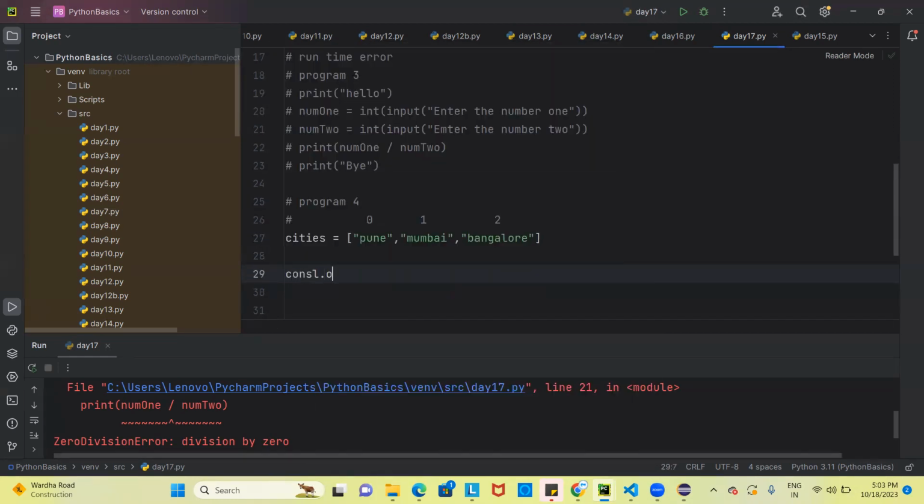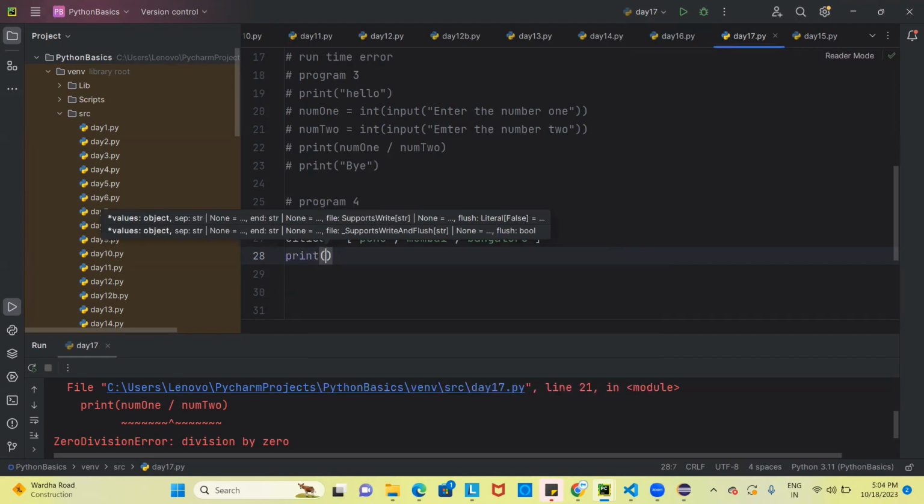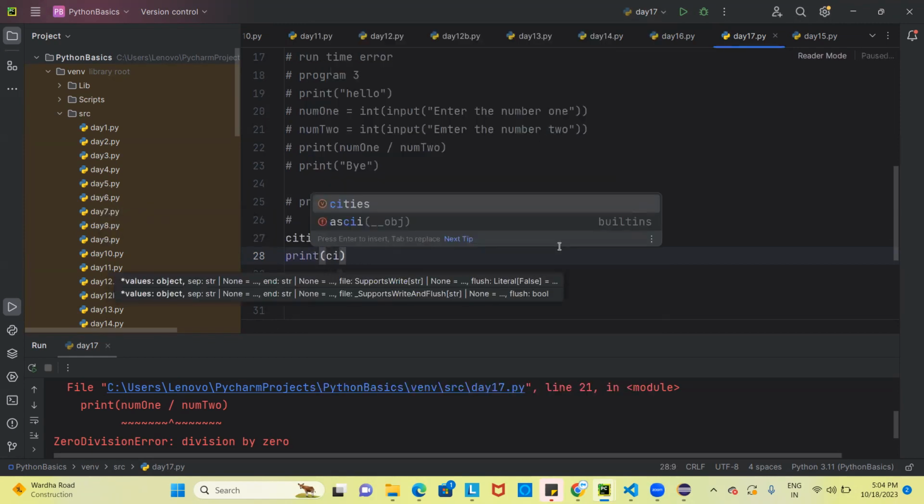Let's say you have your console.log or print, and you try to access the element at the index which is not there. Let's say, for example, cities of